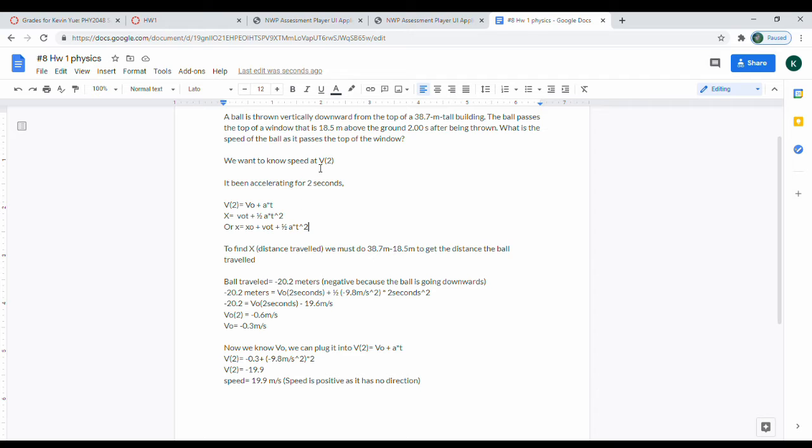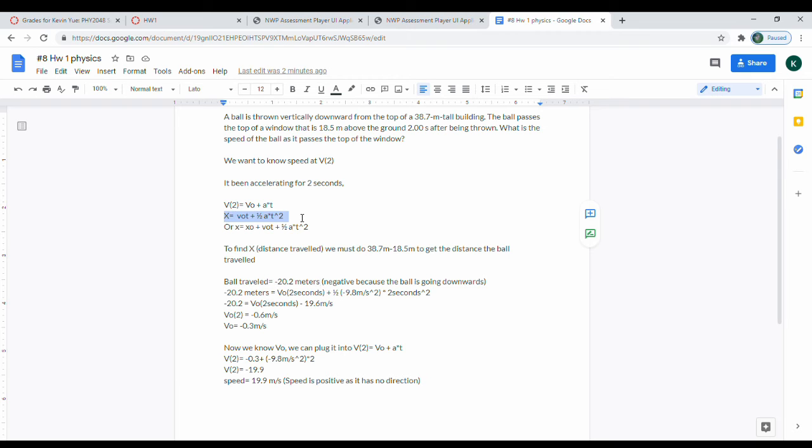So in order to find v naught at the certain time, first we must find the total distance traveled. The total distance traveled is just 38.7 minus 18.5 meters. And since it's going downward, we will set it as negative. Technically, the sign doesn't matter, because if you just made it positive, then your entire answer would just have the answer flipped. So we know what the distance the ball traveled is now, and then we can plug it into